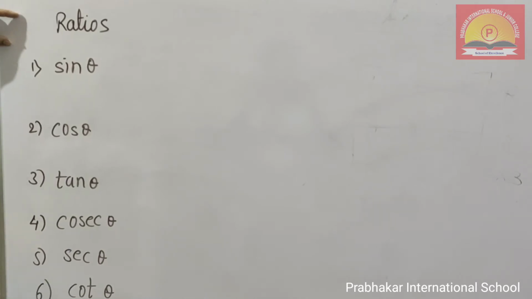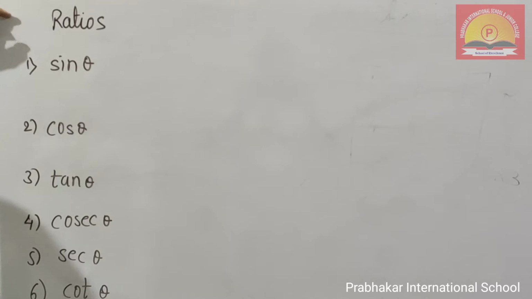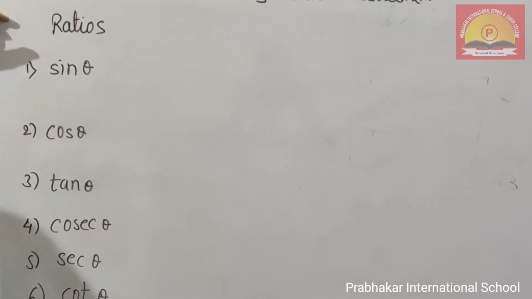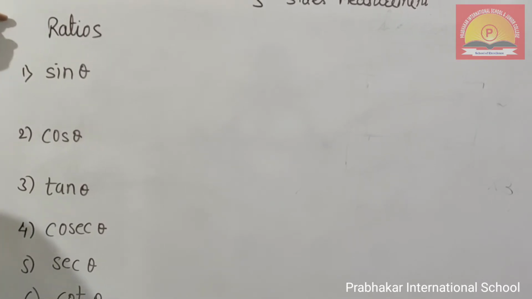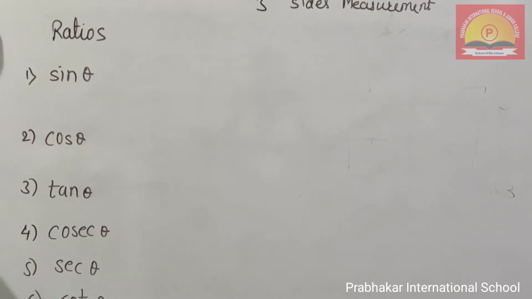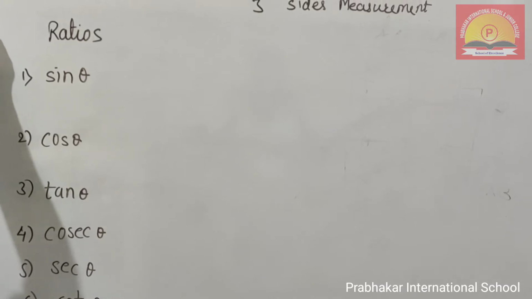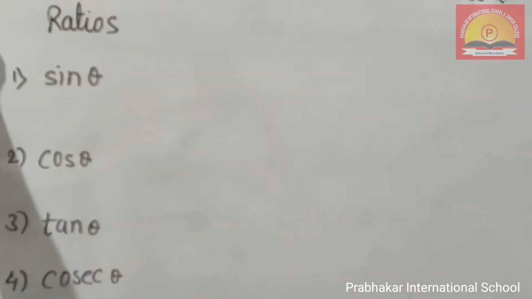We are learning this trigonometry to find out the distance between the sun and the moon. Then the height of a building, height of a church, height of a tree. In such types of cases we are using the concept of trigonometry. We are even using it to find out where a ship is in the ocean. We can find out how far it is from the coastline. So in navigation also we are using the concept of trigonometry.